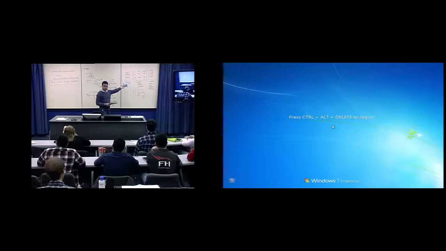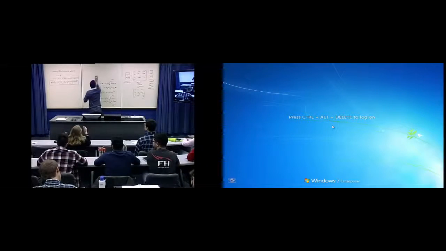So we need to invert this relation, right? So after inverting, this relation becomes